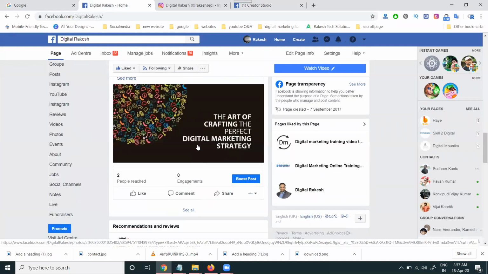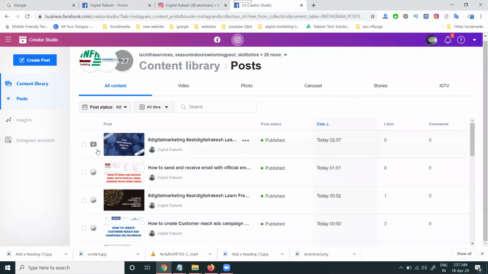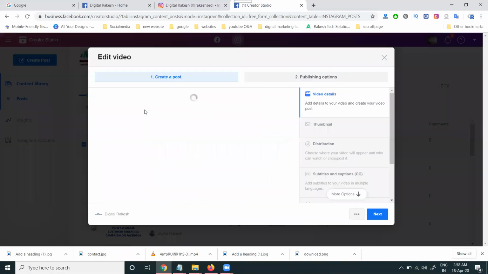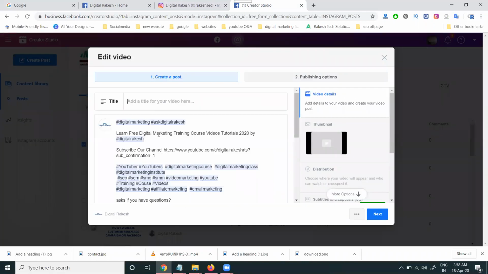That is the change, a little bit of a new feature. The feature is: after uploading the video, select it and choose upload to Facebook. It is a new feature given by Instagram to share the video. Why? Because when publishing a video, the title, description and tags are compulsory, mandatory fields. That is what we are changing with this option. Upload to Facebook. Open the whole structure here. Wait for a few seconds. Now this is the structure.